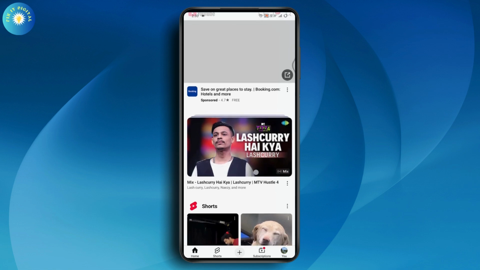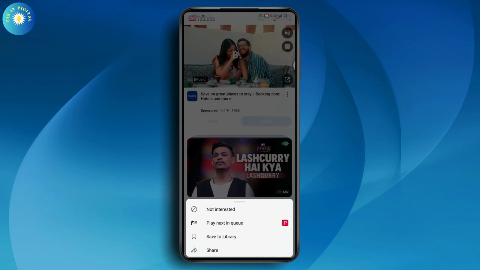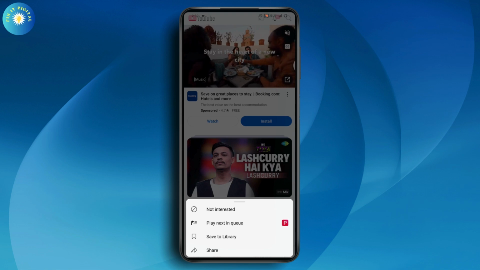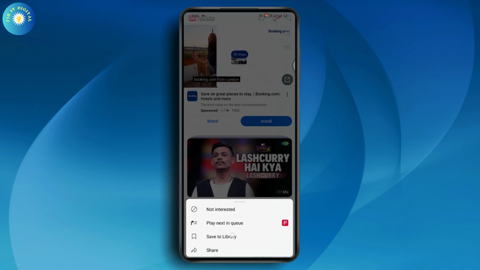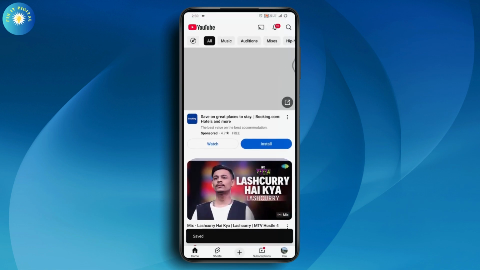For example, I'll just choose this one. Go with the right side, which has that three dots, and tap on save to watch later. And once you've saved, now if you want to watch that, or if you want to find the watch later